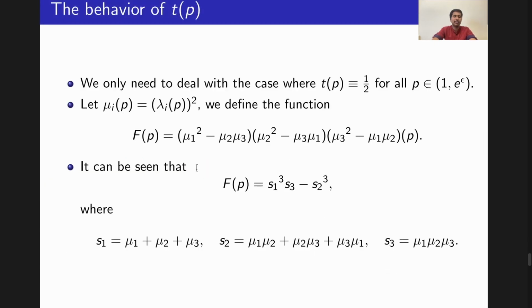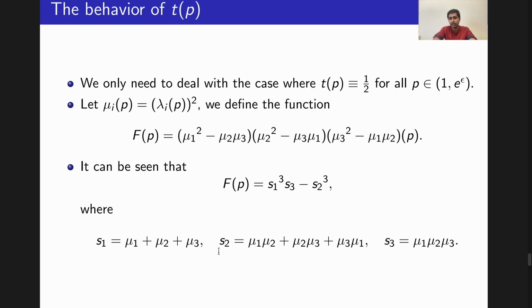In that case, in order to deal with the absolute value of the eigenvalues, we're going to first define mu I to be lambda I squared. And then we'll define the symmetric function f to be this. Notice that since f is symmetric in mu 1, mu 2, mu 3, we can express it in terms of the elementary symmetric polynomials. And that is what we've done here. We can show that f of P equals s1 cubed times s3 minus s2 cubed, where s1, s2, s3 are